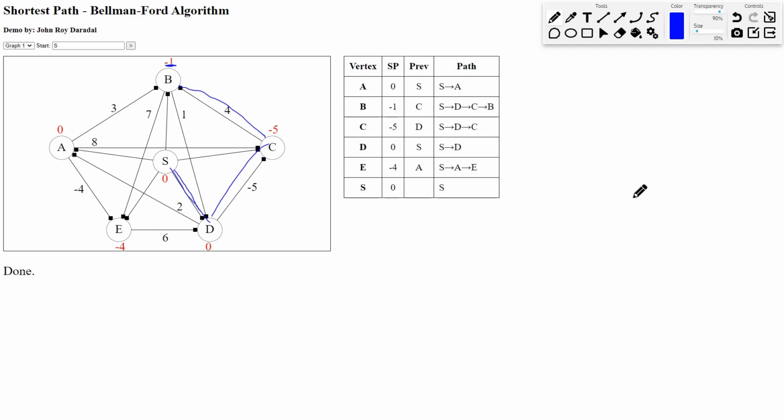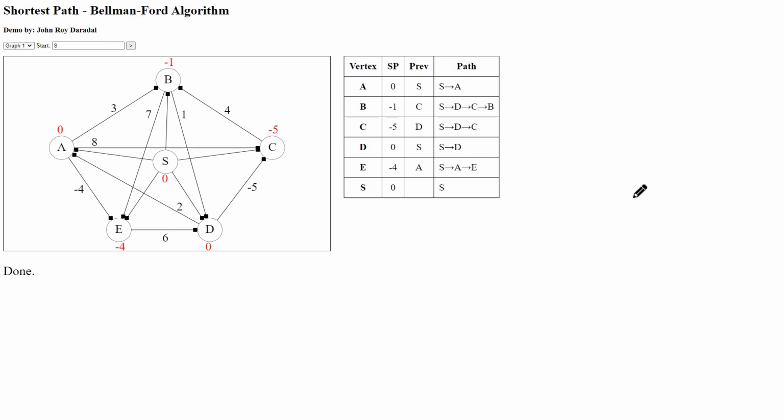S to D is just 0 here, straight up. And then S to E is also negative 4. That's because you can take S to A, which is 0, and then minus 4. So you have S to E. Okay. So those are your